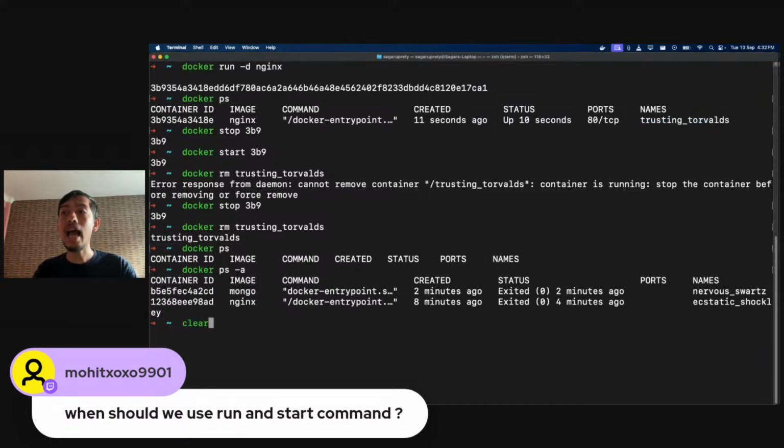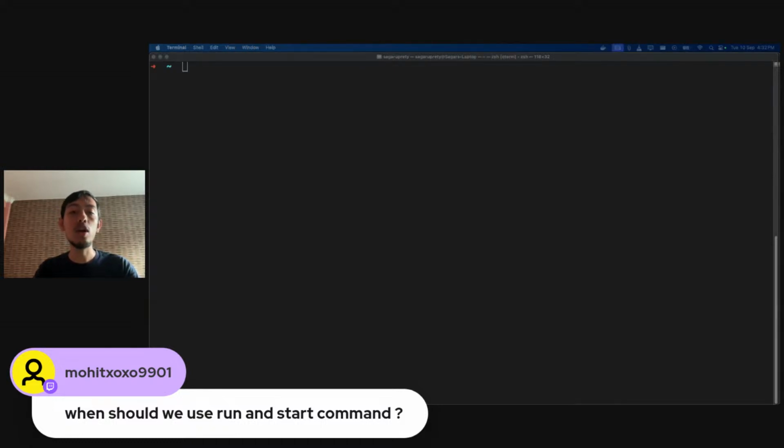So now let us try to see how we can run a container and give it our own name. And for that, we use the --name flag. So here,